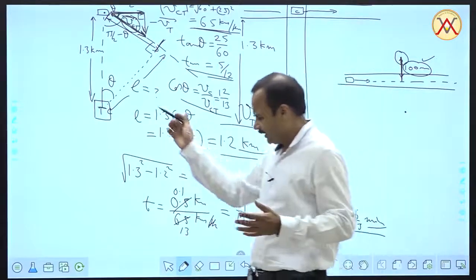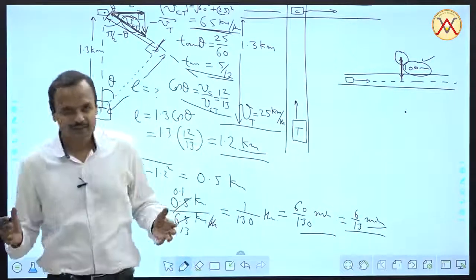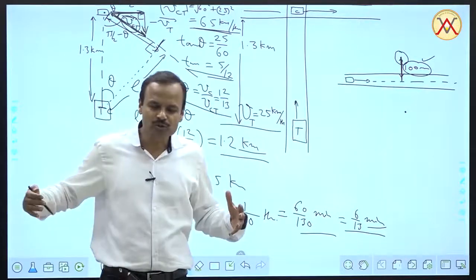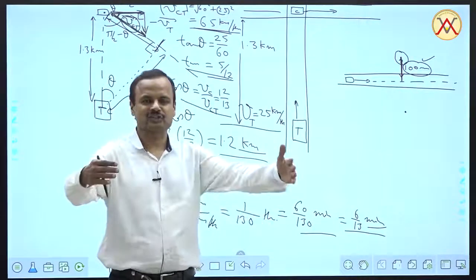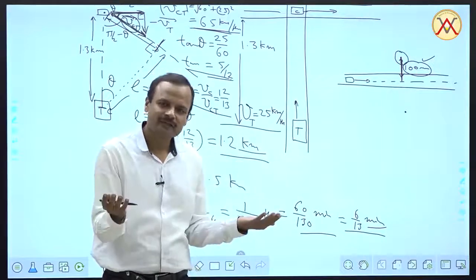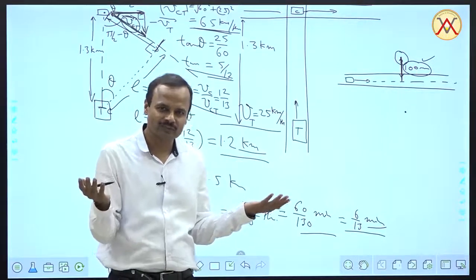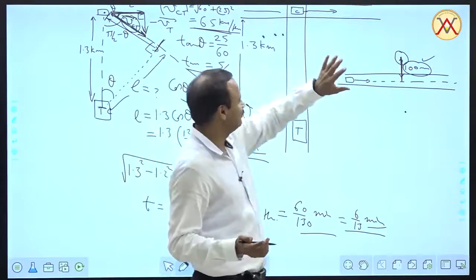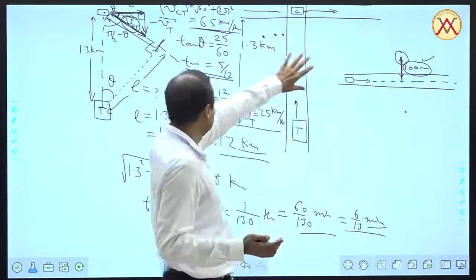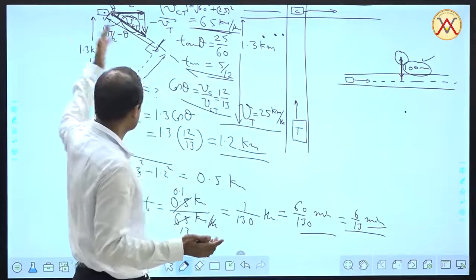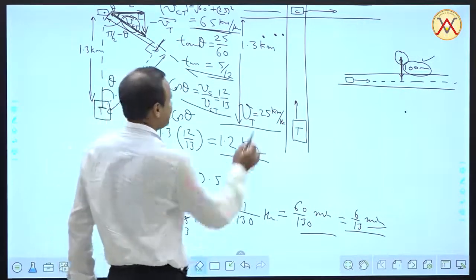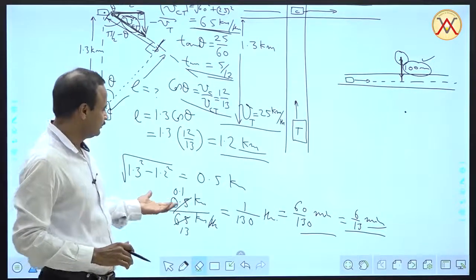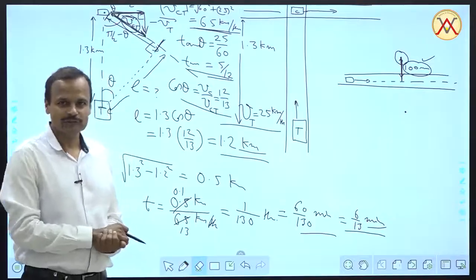Now again, I have taken the example of car and truck. You can have a situation and problem where two ships are moving in different directions and you have to find their minimum separations. If they are moving with constant velocity, you can easily convert this problem into this problem by changing the frame of reference, and then it is very easy to solve. There is no problem, simple geometry, and you can solve it.